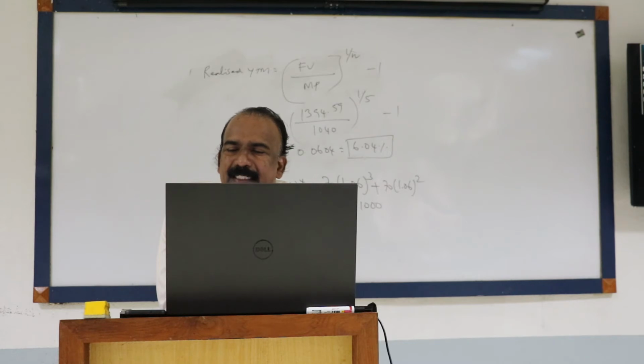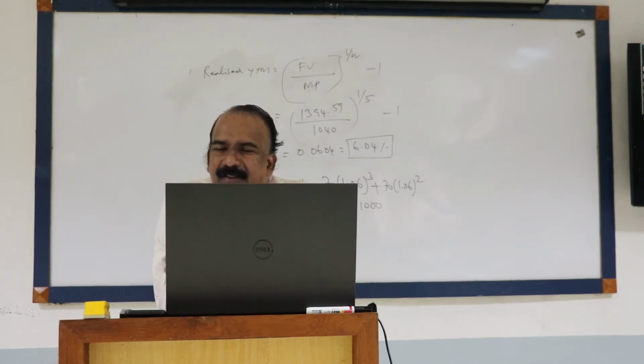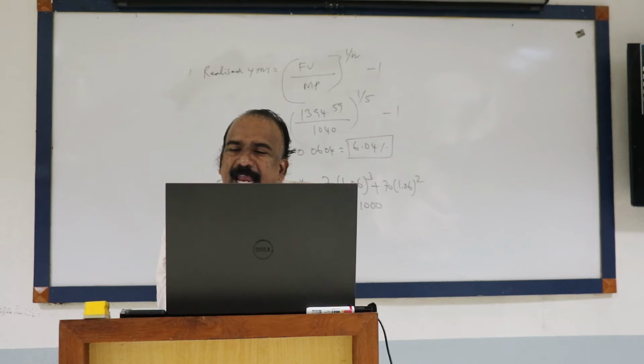Okay. So the yield is 18%, which is higher than the coupon rate. So what will be the price? Is the price less than the par value or more than the par value? Less than the par value. What we calculated at the beginning of the lecture. To compute the value of the bond, the required rate of return is 18%. If it is annual interest, the 10% coupon rate on 1000 is 100. So 100 divided by 1.18 power 1 plus 100 divided by 1.18 power 2, and so on.